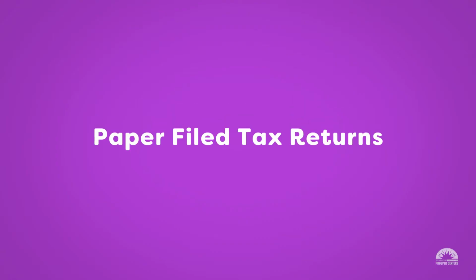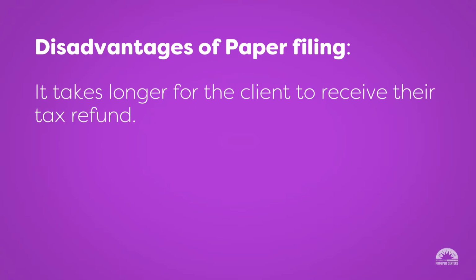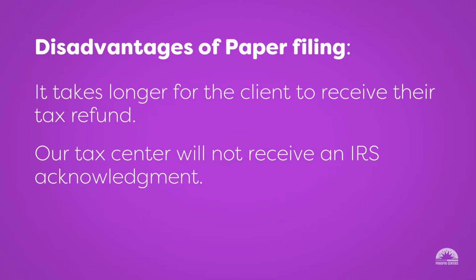When a tax return is not being e-filed, then it must be mailed to the IRS. This is what we call a paper tax return. Since paper tax returns are mailed to the IRS, they take much longer to be processed, delaying the refund an additional 2 weeks. Because it is the client's responsibility to mail the tax return to the IRS, Foundation Communities will